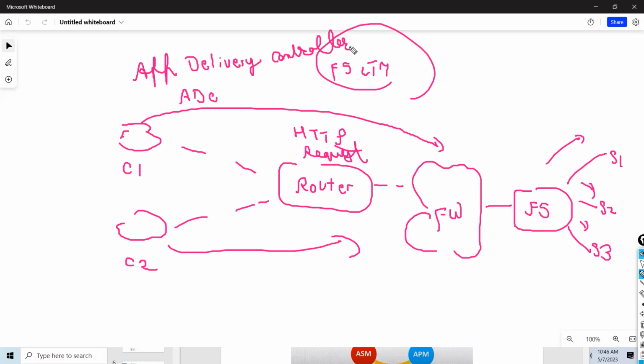This is also a term which you will hear, application delivery controller. So my main purpose of a load balancer is that I should provide my application quickly to the client. So the client will initiate one request to F5, then F5 will initiate one request to the server. When the server responds, that is called an HTTP response. Now in this case, guys, what does F5 do?